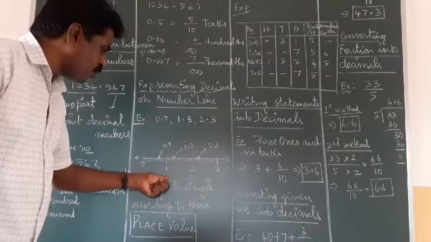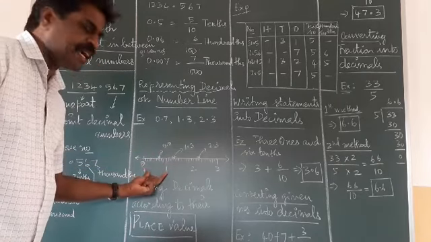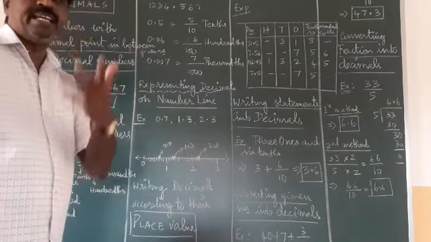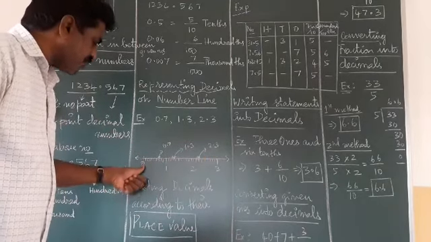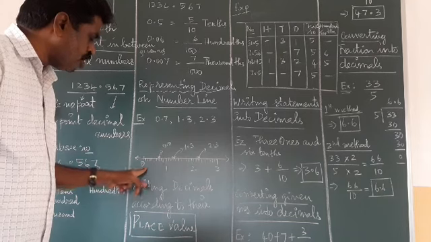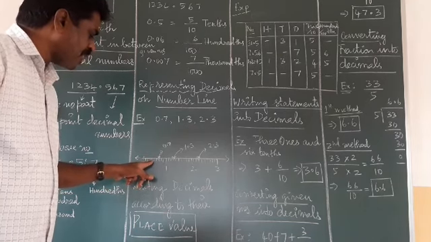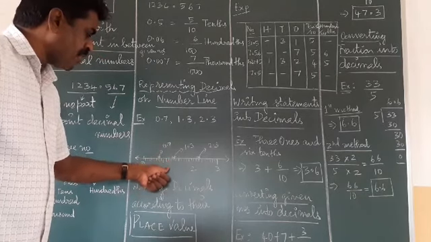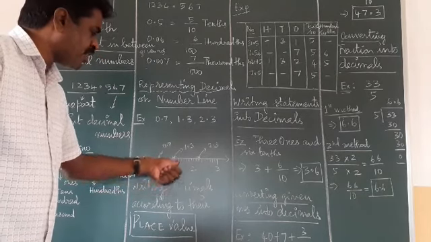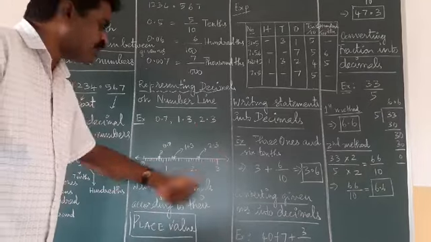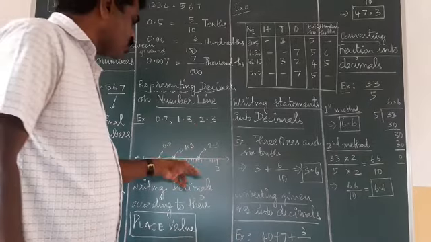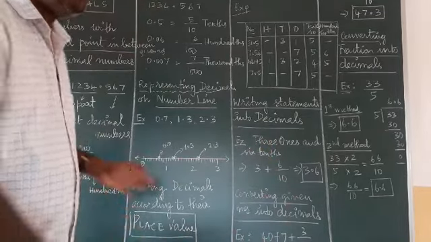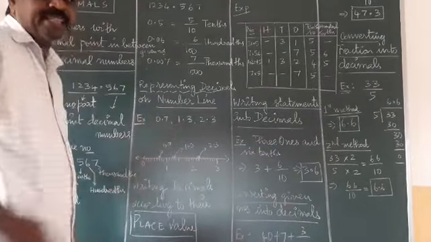You know, from 0 to 1 unit, 10 divisions will be there. And from 1 to 2 unit, 10 divisions, and from 2 to 3 unit, 10 divisions. From 0 to 1 it will start 0, 0.1, 0.2, 0.3, 0.4, increasing up to 1. After 1 it will be 1.1, 1.2, 1.3, 1.4, 1.5, up to 2. And after 2 it will go 2.1, 2.2, 2.3, up to 3. So your number line is increasing according to our numbers; I have taken the scale.